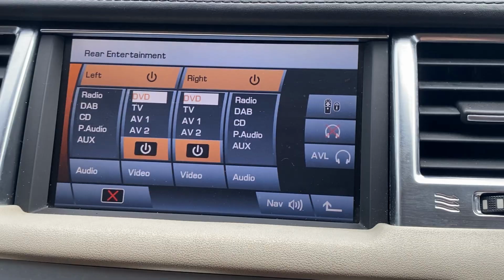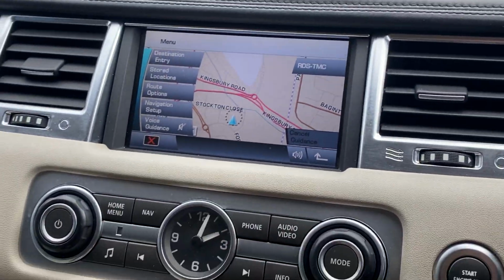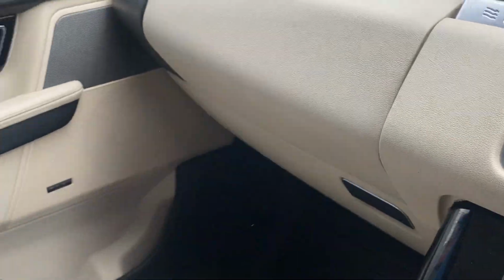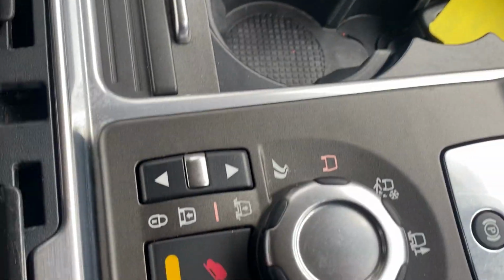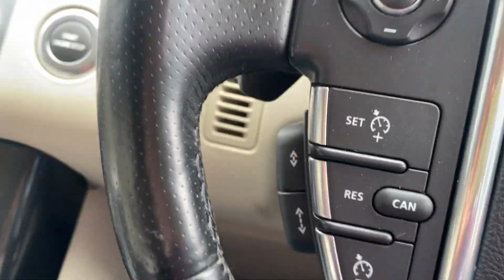We've got satellite navigation, remote control for the rear entertainment there, and locking wheel nut, all the book pack. Cold fridge, different ways of driving it with the iDrive, cruise control,